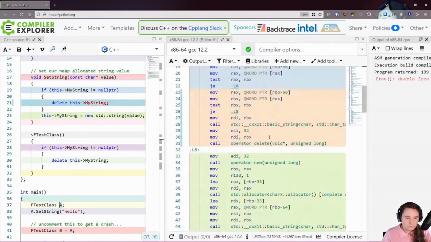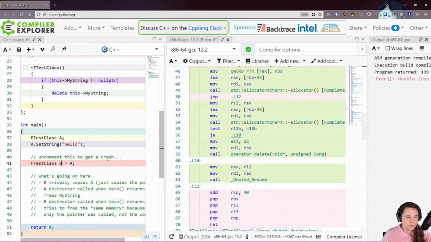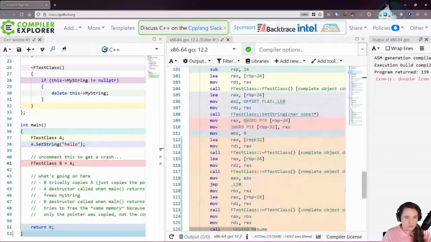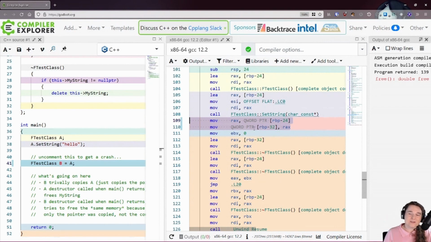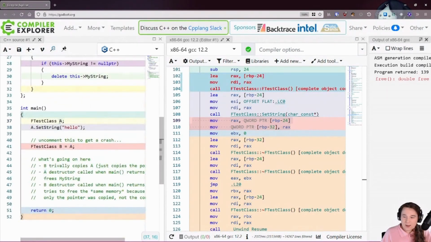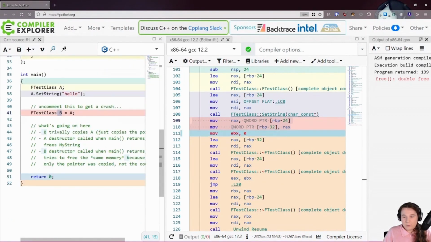Now, when we go down to our copying, which is all the way down, it's here. You'll notice this copy is literally just these two assembly instructions, because the only thing it's got to copy here is actually a pointer. It's not copying anything other than just the string pointer, because the class itself doesn't have any memory other than what's inside it. So it's just copying this pointer. And now both A and B have the same pointer inside them. And then when we get to the end of the function,